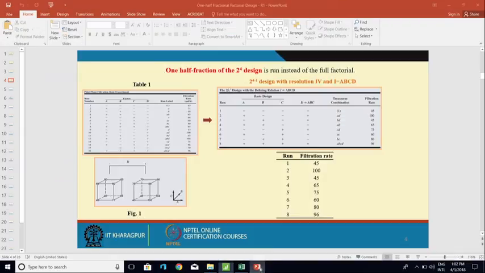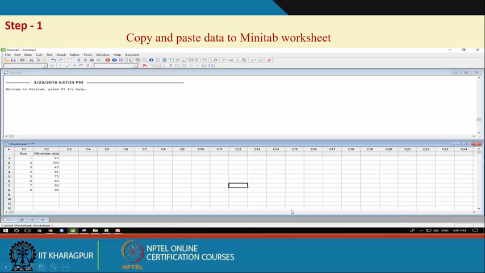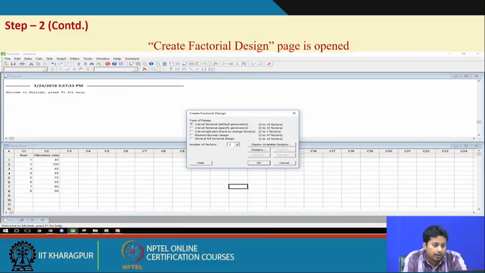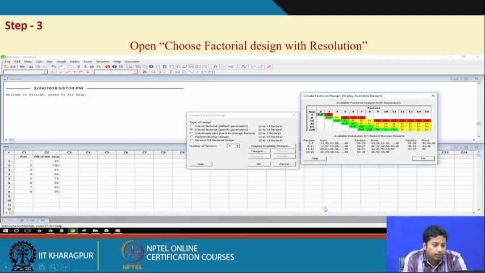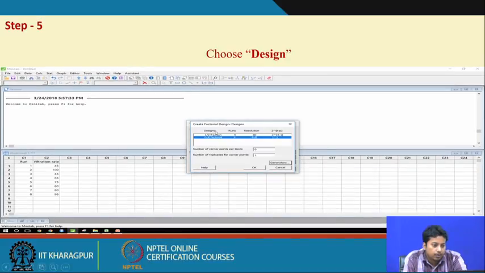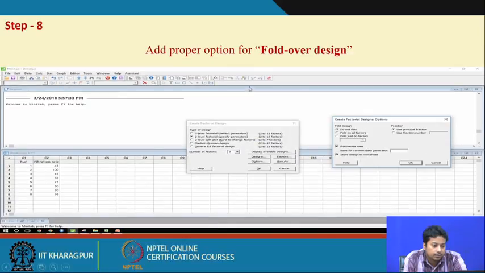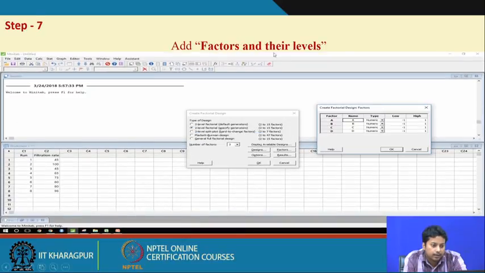So, coming to the PPT presentation, we can show you all the steps. You can follow all the steps very clearly and practice them on your own laptop. So, step 1, step 2, step 3, 4, 5, choosing the design, step 6, design generator, step 7, factors and their levels,